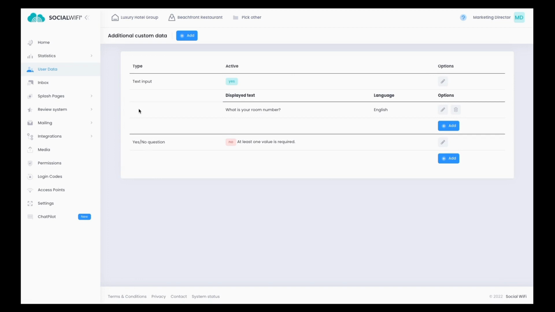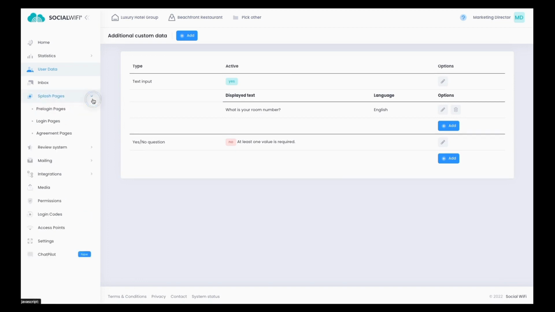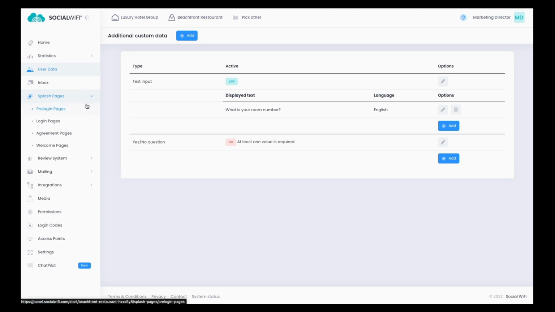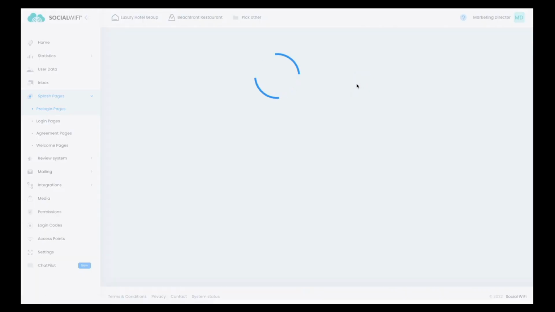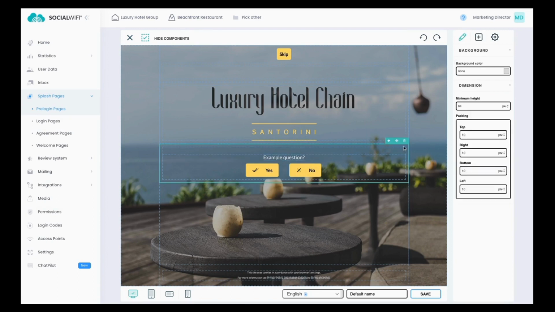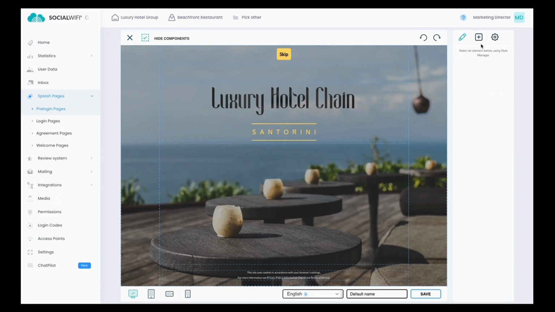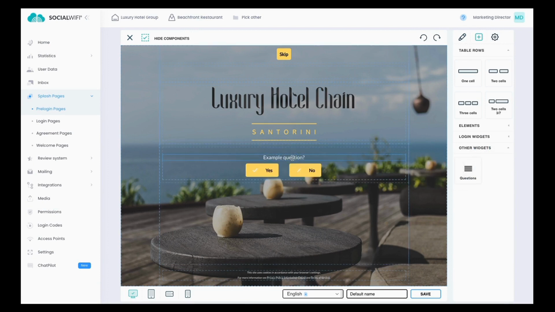And now what I can do is I can add this question to the login process. So if I go to my splash pages, I have a few places where I can add this, but the most popular place is to add it onto the pre-login page. I already have one set up here. If I go in and edit this, let's remove this and re-add it. But if I go to my other widget section, drag across my questions, I now have the widget that will